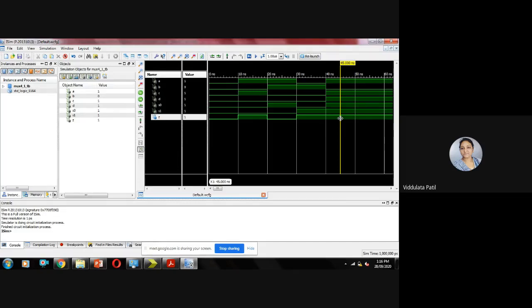Otherwise, all these equations will be executed concurrently, and as all these sequential statements are dependent on each other, they need to be executed sequentially, and that is why there was an error. So we need to declare a process, and in that process we need to have these statements.